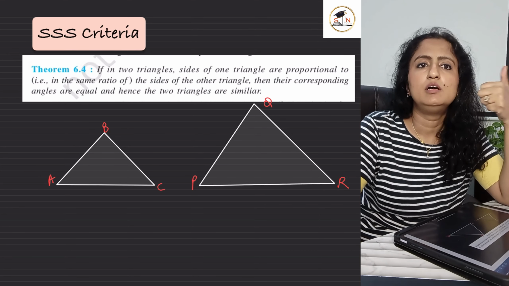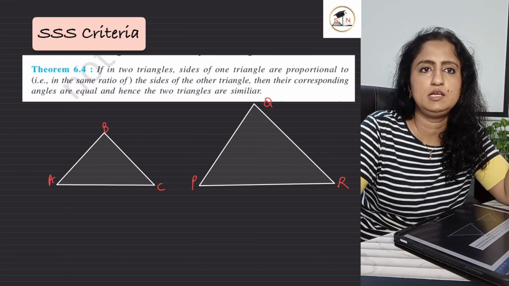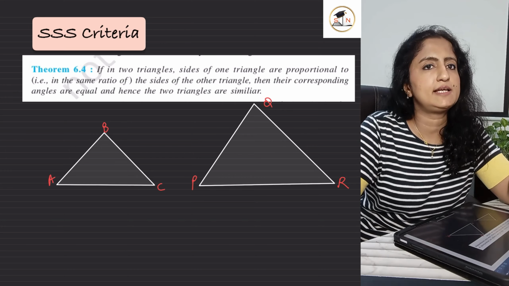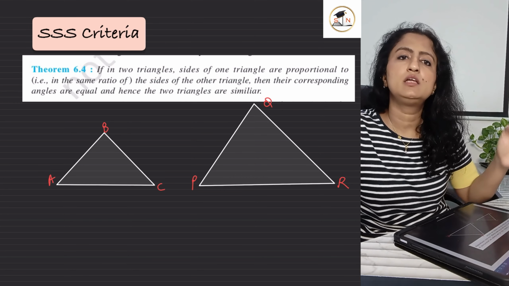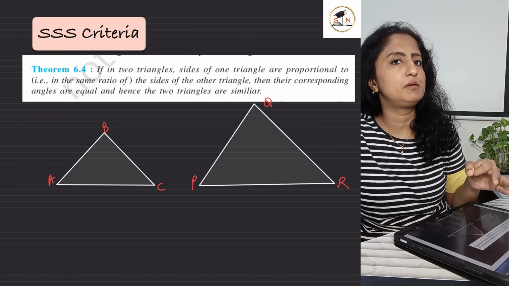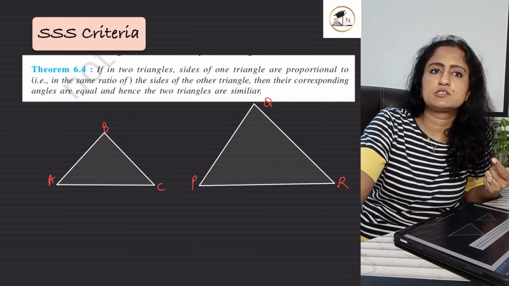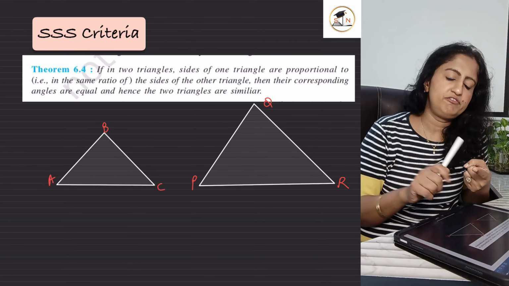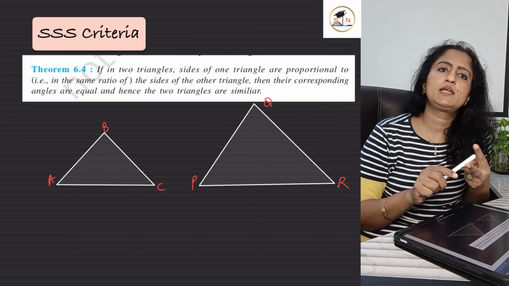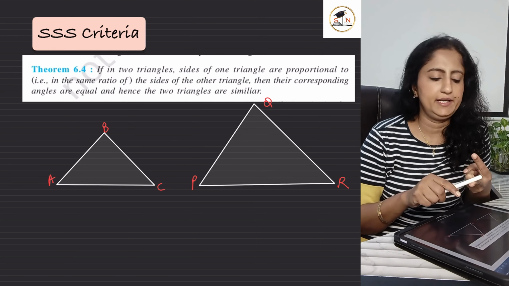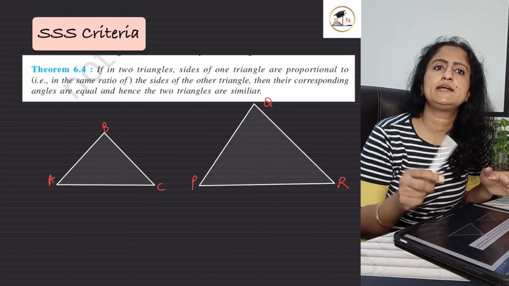वहां पे आपके पास क्या होता था? SSS होता था, right? लेकिन उसमें हम क्या करते थे? Over there in congruency, we used to do all the corresponding sides are equal. यहाँ पे हम करेंगे that all the corresponding sides are in proportion. Because if you remember, in the first video, we had learned that similar triangles की शुरुआत कहाँ से होती है? The two conditions are, first, the corresponding sides are supposed to be in proportion, corresponding angles are supposed to be equal, right? तो अगर हम sides की बात कर रहे हैं, हमें sides equal नहीं चाहिए, हमें sides proportion में